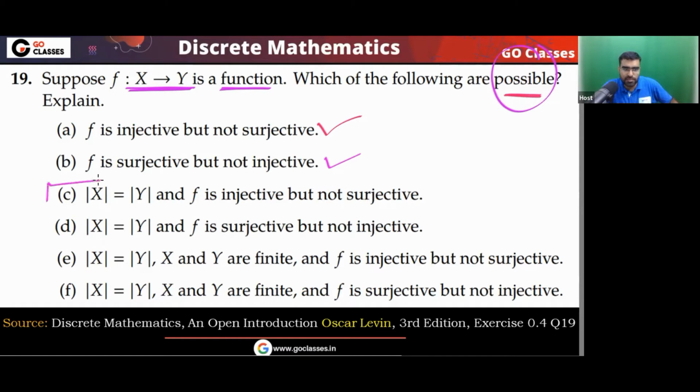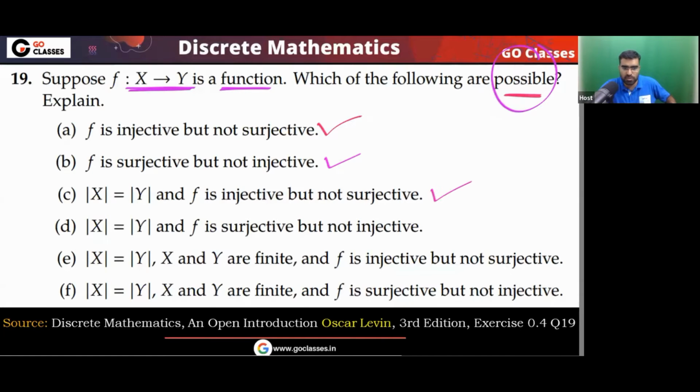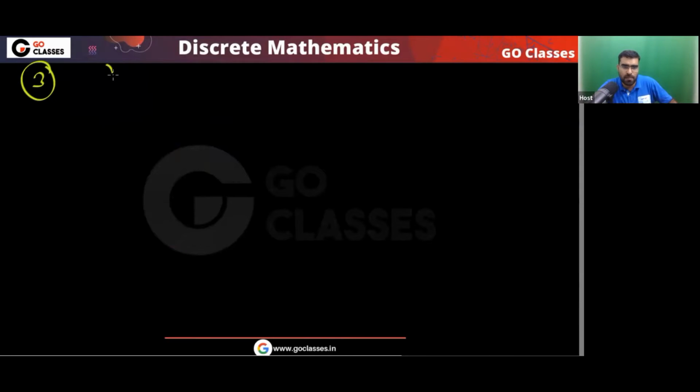Okay, let me try. Their cardinality must be the same. F should be injective, but F should not be surjective. Okay, let me try. I can do that very easily. See, question number 3, that is also possible. Let me give you, for example, a function from N